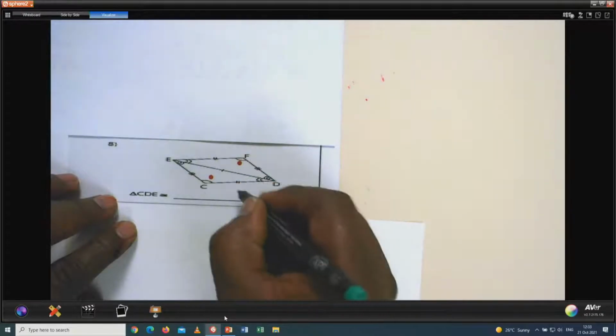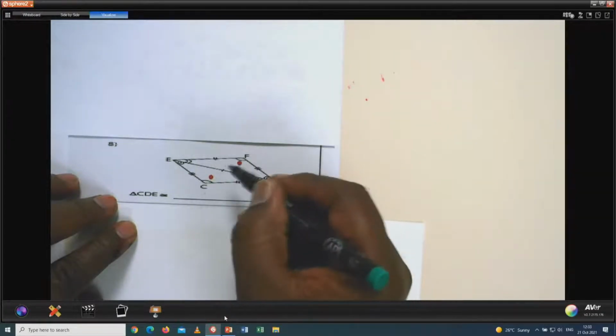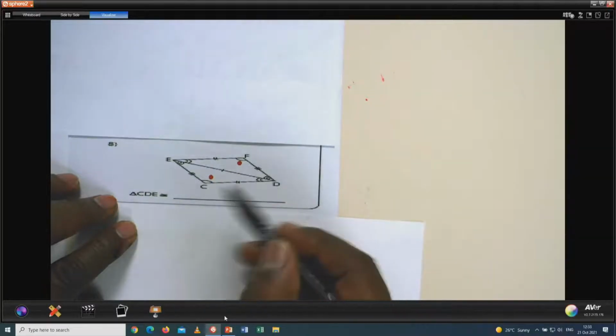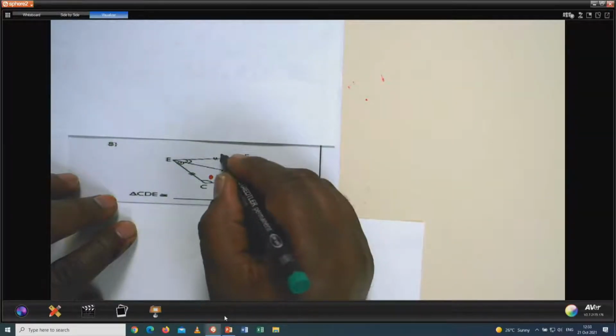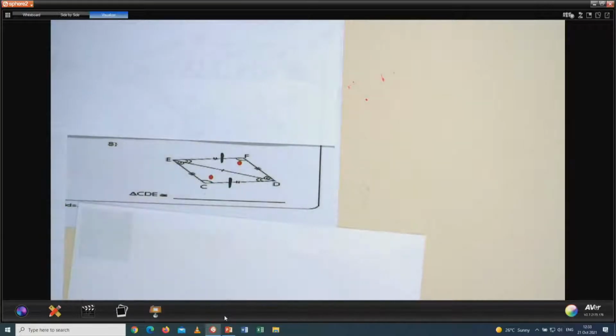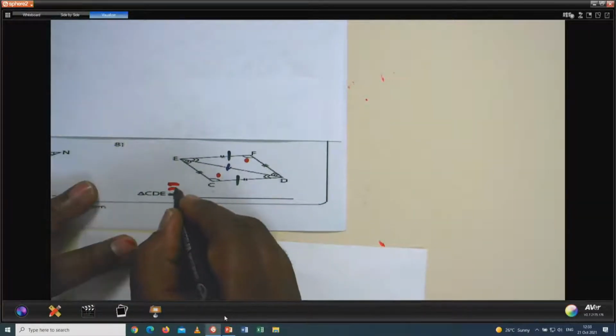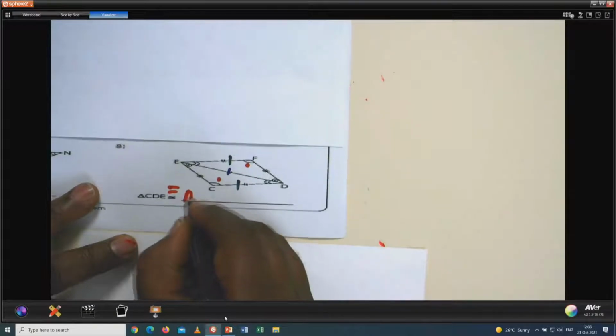We can say this side, opposite, it's indicated anyway. And like I said, if two opposite sides are equal, it's a parallelogram. Therefore, this side is equal to this side. So you've got two there. What else? They are sharing this side. It's a common side. Therefore, triangle CDE is congruent to triangle